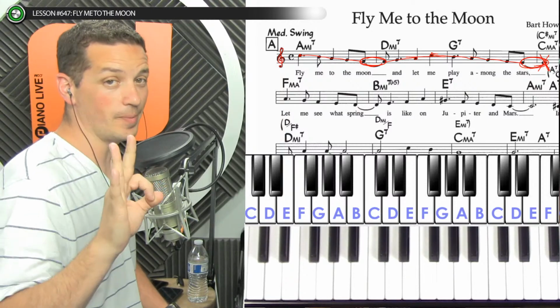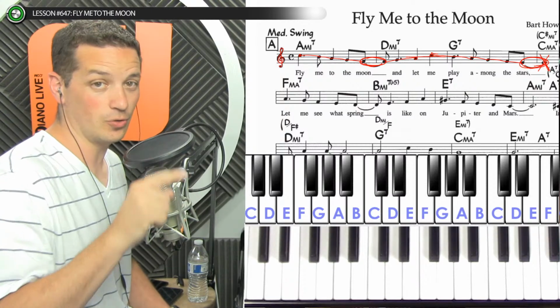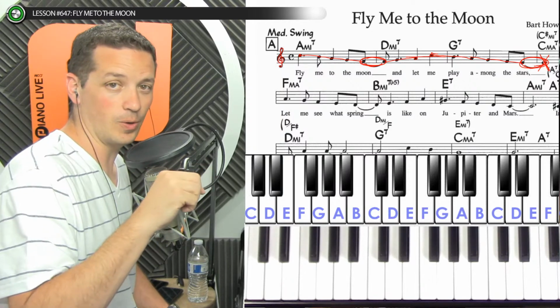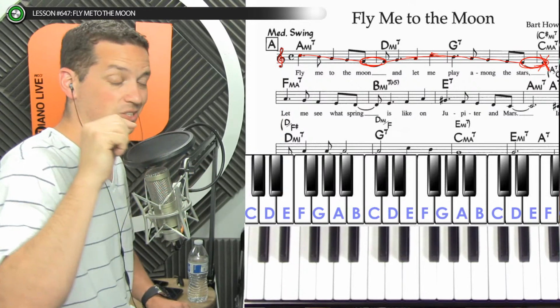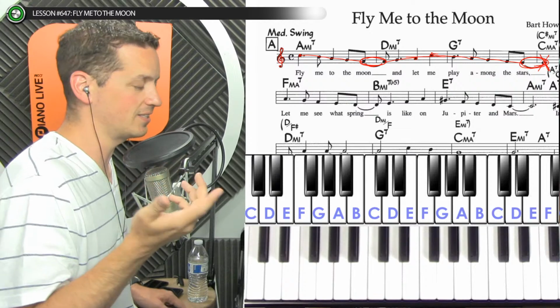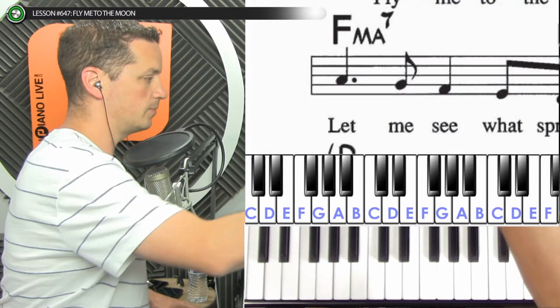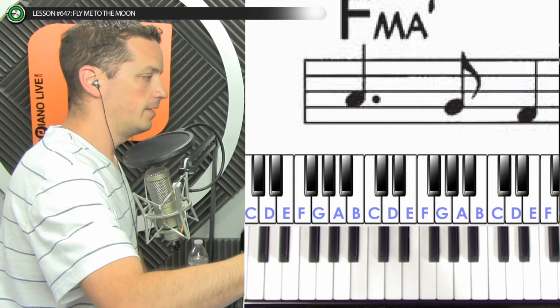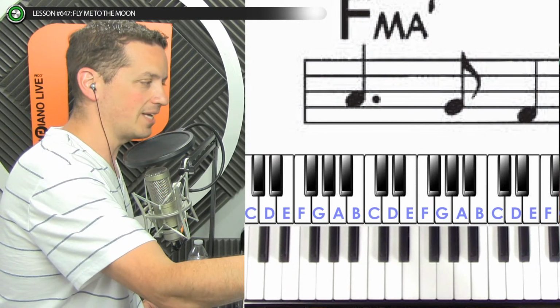That means hopefully that all makes enough sense that you can either practice it or rewind the video and go back and follow along with me so you know what to practice next. So the goal is not to have this thing down by the end of the lesson, just to know what to practice. So this one right here, I can't tell from the last note to this note what it's supposed to be.